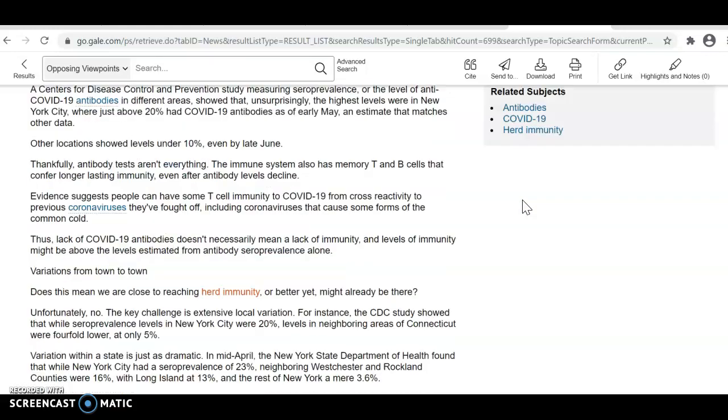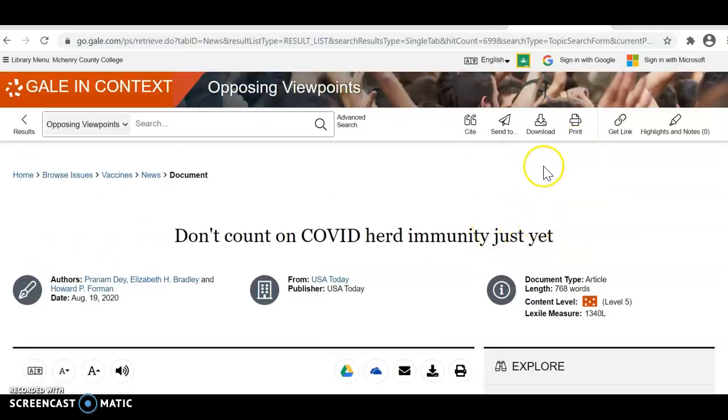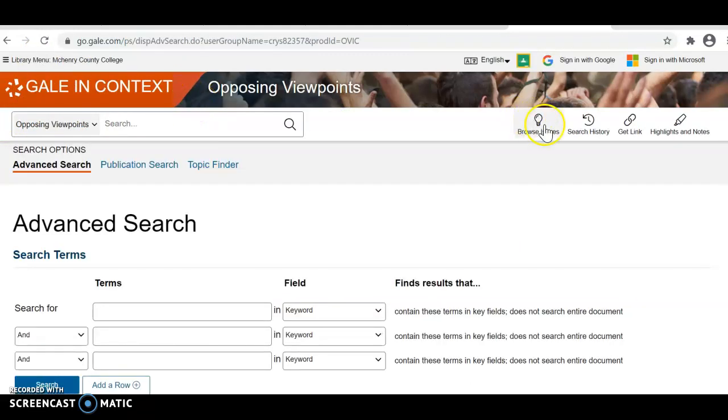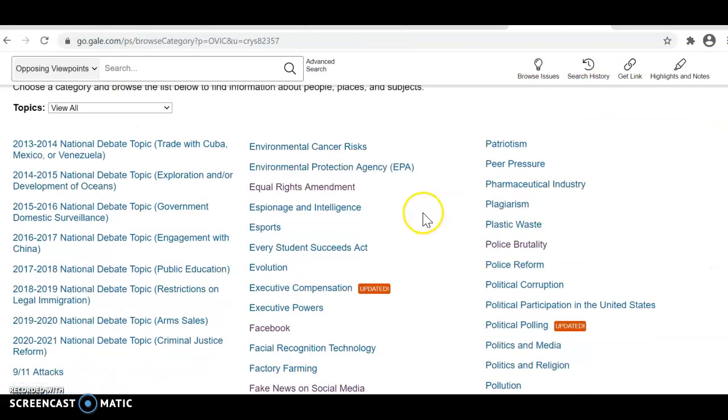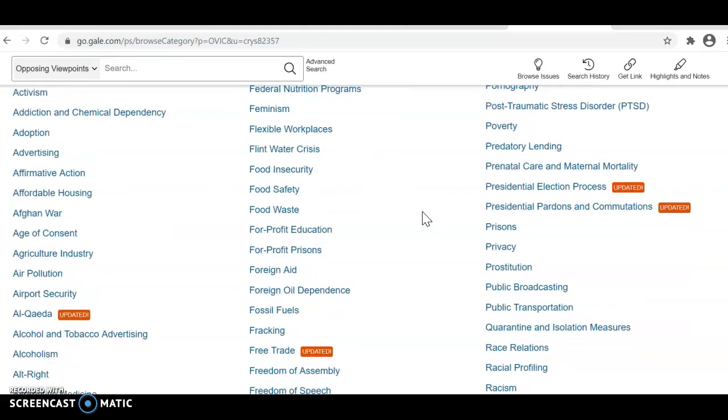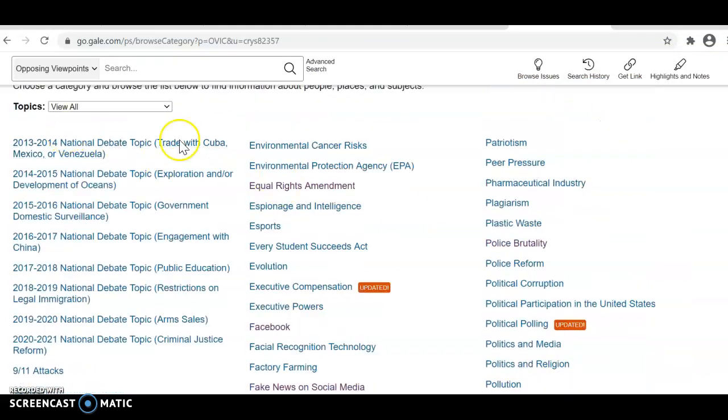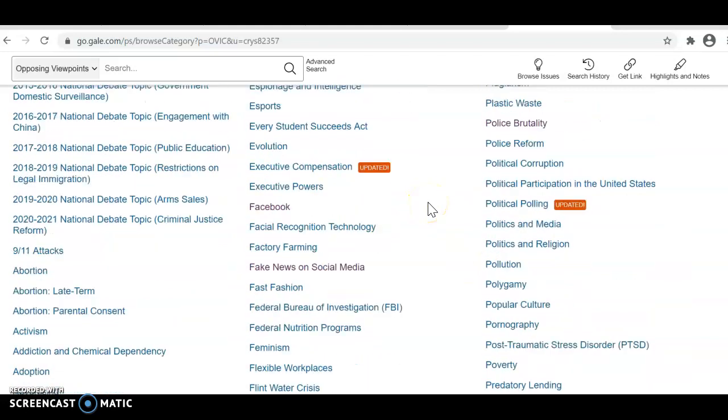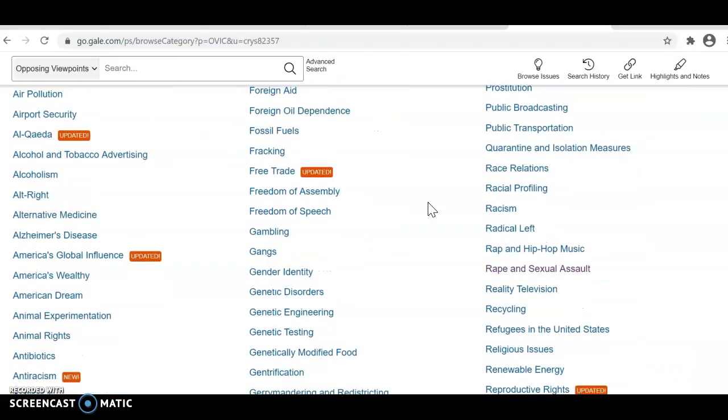So just as a reminder, go back then to, if we get back here, oops, not where I wanted to go. Okay, so getting back to just the regular browse issues. You will go and pick out an article that you want to do. But in order to do that, you have to pick a category that might be of interest to you that you want to look up. And then from there,